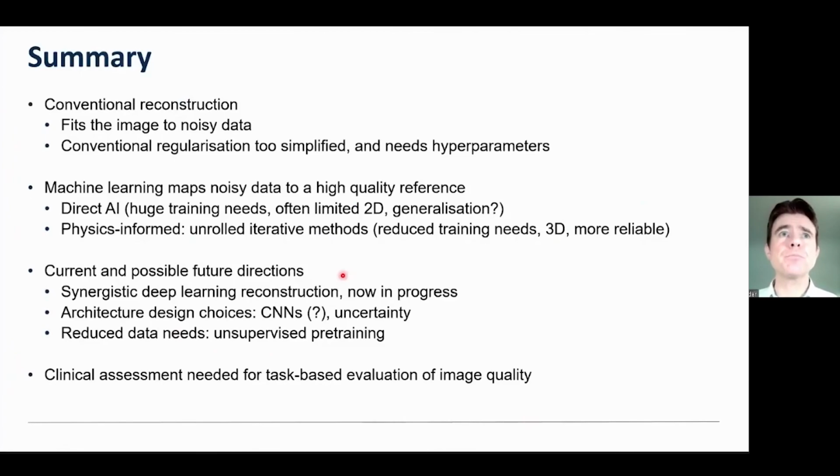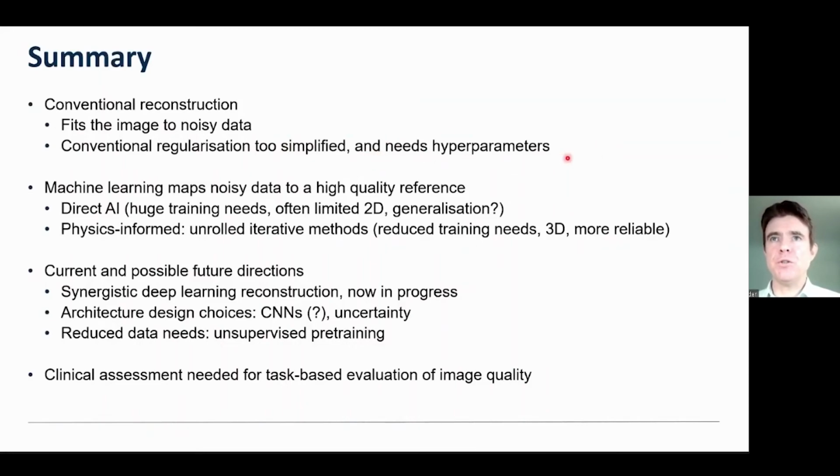And there's a lot that could be said on this, but I'd point you to the presentation later on in the conference. So to summarize on my part, hopefully these are the take-home messages that you've been picking up. Conventional image reconstruction is nice, but it's only based on a model. It completely ignores knowledge of high-quality data or a ground truth reference. And so you end up fitting parameters to noisy data. And then conventional strategies for mitigating noise are often too simplified. I mean, a quadratic prior, it's pretty basic at the end of the day. And then not only is the prior often too simplified,